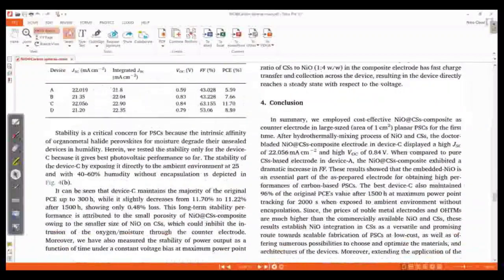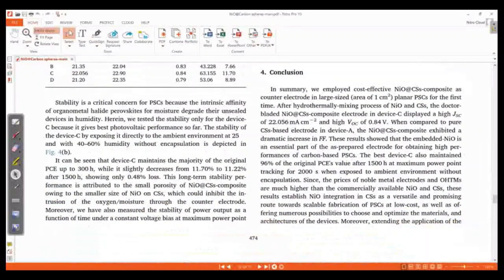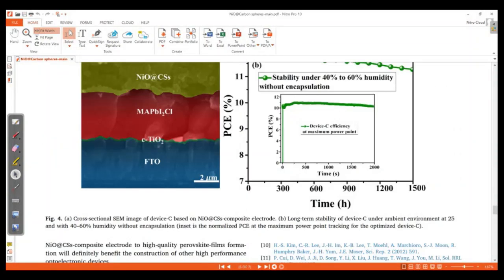And in the conclusion, as we have seen before, the conclusion summarizes all the results, which results were important or the most important, and how they were supported by the experiments or by the data presented in the manuscript. Then the future outlook, as we can see here,